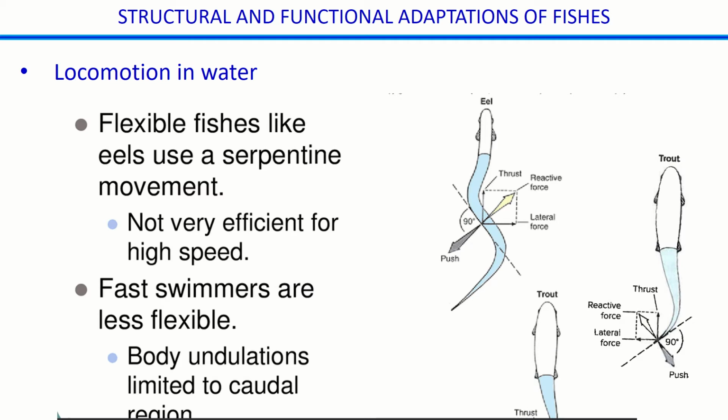Flexible fish like eels, they use the serpentine movement. And you can see what happens is based on the shape, how the eel will use his body to push and propel himself through the water. But it all comes from his body. So it's very difficult because it's this round body that he's using to push the water away from him as he moves his body. Compare that to a fish with a nice tail, and you can see with the tail,